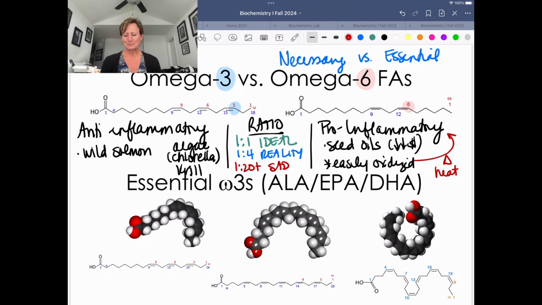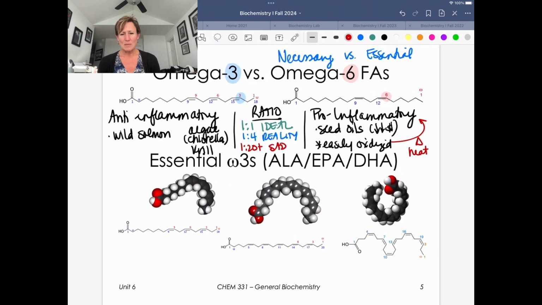Not ideal. The last piece I want to talk about is when we look at these essential omega-3 fatty acids, we tend to see three ones that are generally referred to by their acronyms, ALA, EPA, and DHA, sort of referring to them in order here. The main differences between them is they increase by 2 carbon atoms. So this is C18, this is C20, this is C22. Okay, so highlighting what we sort of have here. This guy is C18,